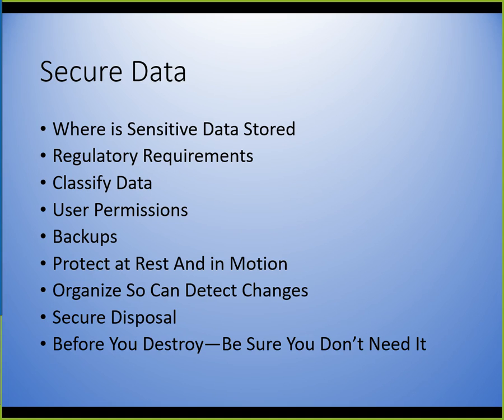Protect the data. I say at rest and in motion. I wanted to get these words in here. At rest is a term that you'll hear for data that's stored on a hard drive. So do we encrypt the hard drives? You may need to do that. In motion, going across the network, being sent across the network. When a file is encrypted on a hard drive and is put on a network, the first thing that happens is it's decrypted, because that encryption only works on the hard drive at rest. We have to take a separate action, VPN or something like that, to encrypt it to go on the wire, to go on the network.